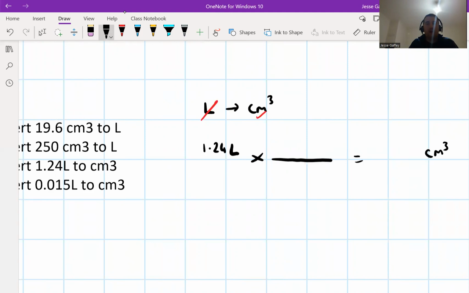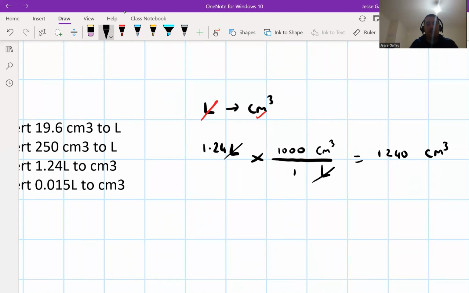So pause the video now if you didn't get this right and work your way through this, please. Okay, so obviously we want liters to cancel there. So we're going to put liters on the bottom and they cancel. And that means we want cm cubed on the top. So our relationship this time, because centimeters cubed is on the top, is 1,000 on the top and 1 on the bottom. So it's 1.24 times 1,000 over 1. And that'll give you